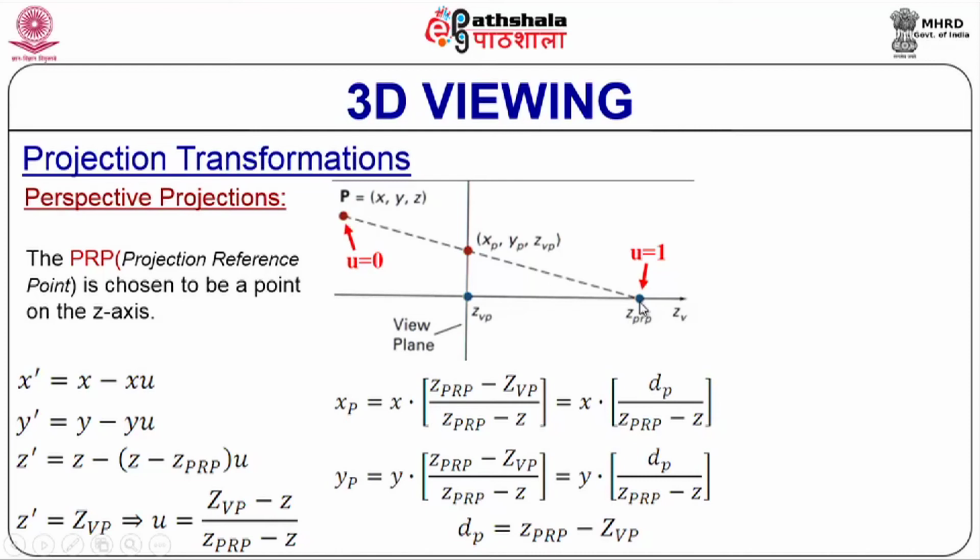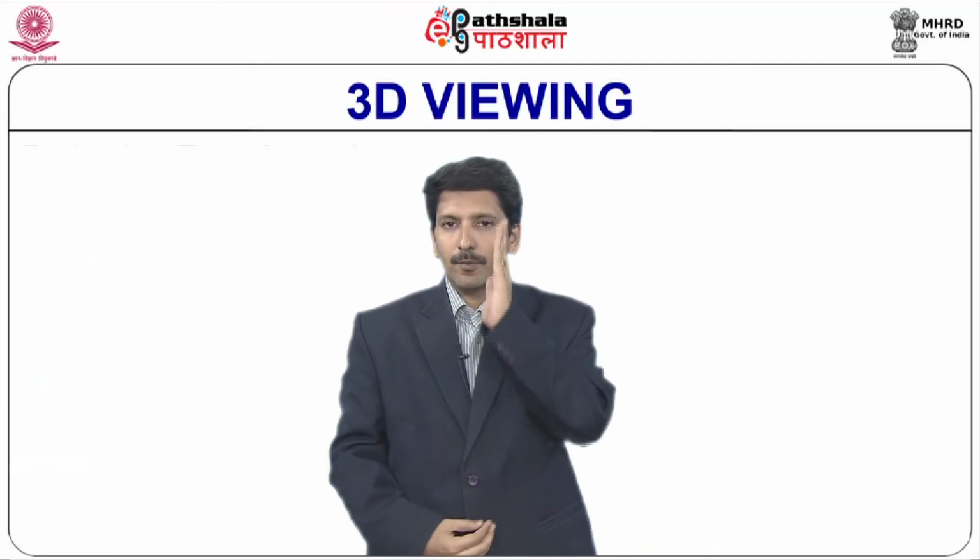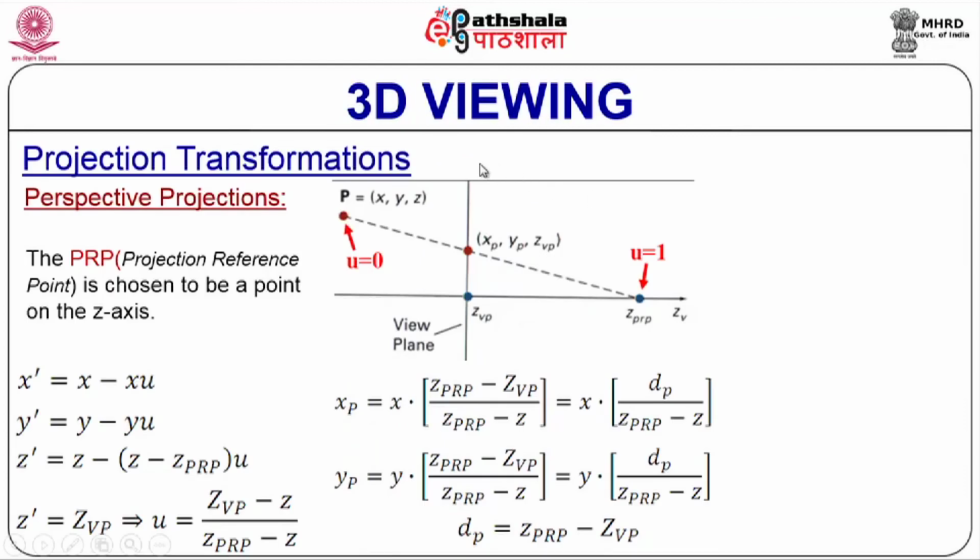Let us call this, let that be here as identified here. Let this be the view plane, let this line be the view plane. So you can imagine a line. If you are seeing the view plane from a different direction, you will see that as a line. This is the line in the view plane. This is the PRP, projection reference point, and that is intentionally considered to be on the ZV direction. So you can place the PRP wherever you wish.